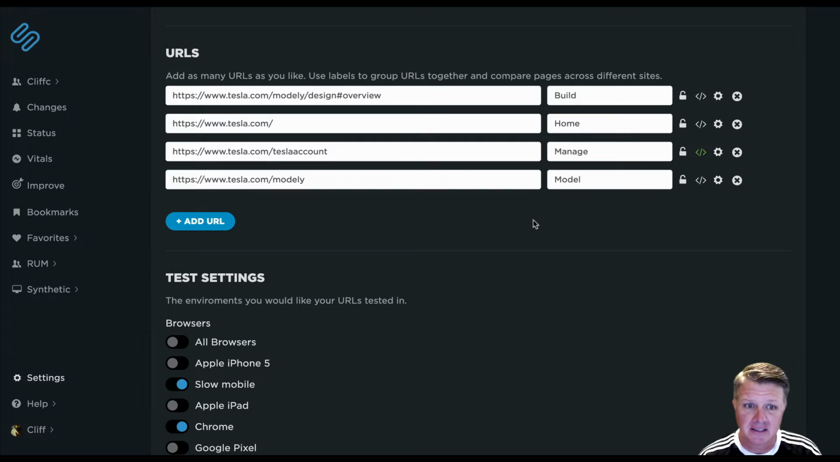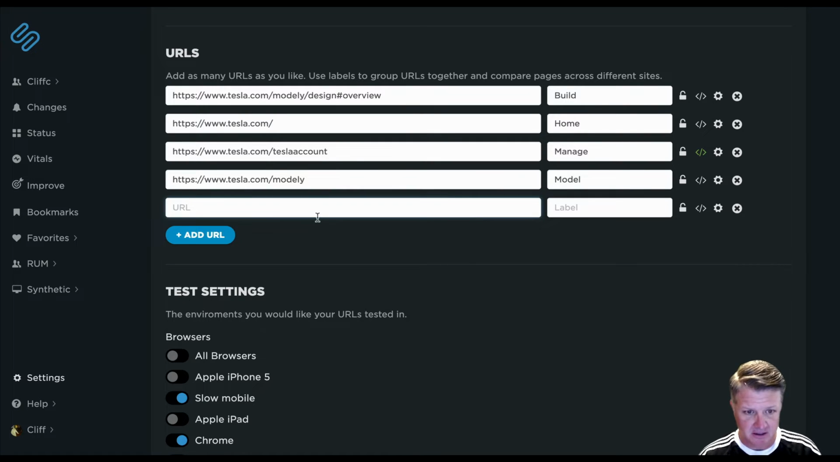The most important part of your site settings are the URLs that you want to measure. What is it we want to test? You can see here, it's really simple to add a URL. Say add URL, go ahead and paste in the URL that you want to measure, and you give it a